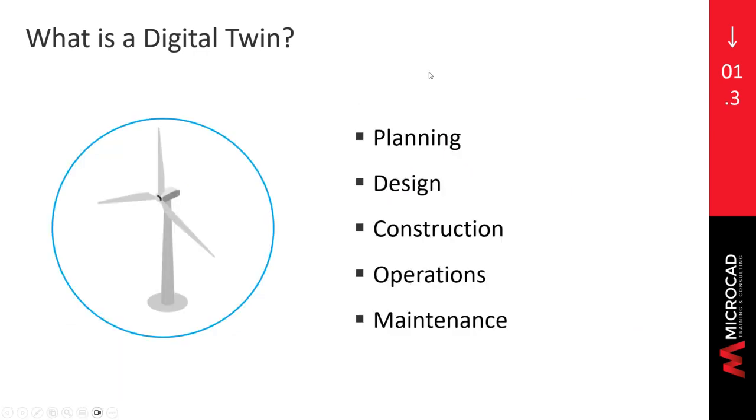So basically, the digital twin can be used for all of the stages of developing whatever it is that we are creating: for the planning, for designing, for the construction of the asset, for running the operations and running the maintenance. All of that can be used the digital twin for. So, for example, if you are creating a digital twin for this wind turbine, you may have the CAD model,